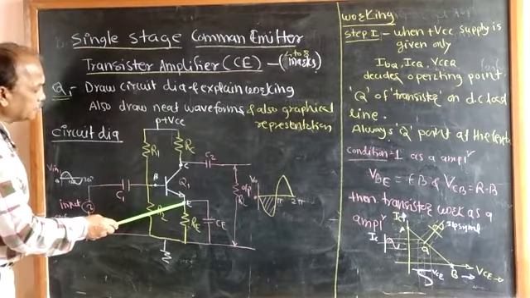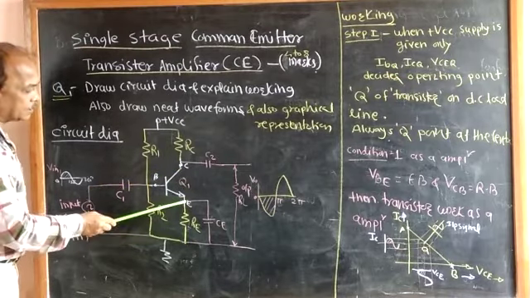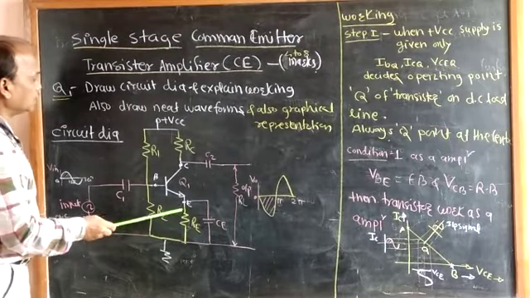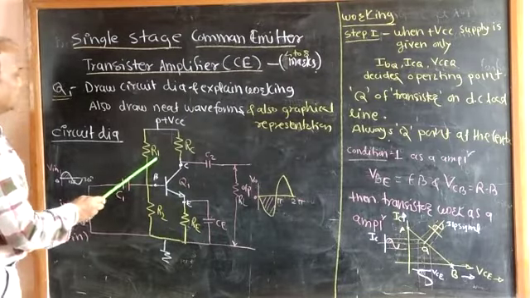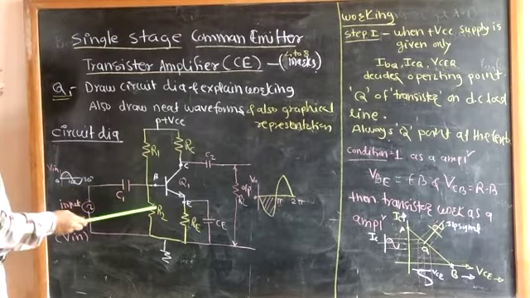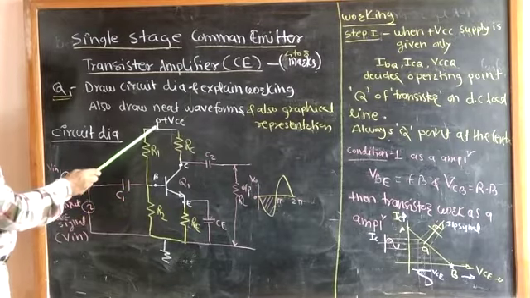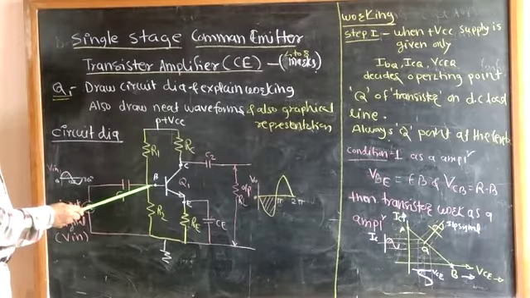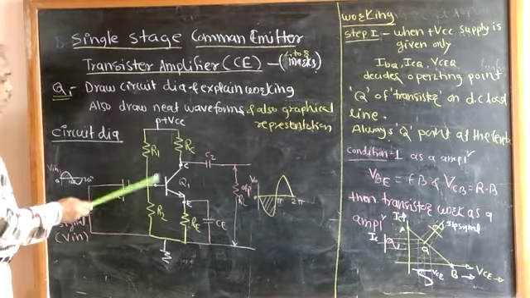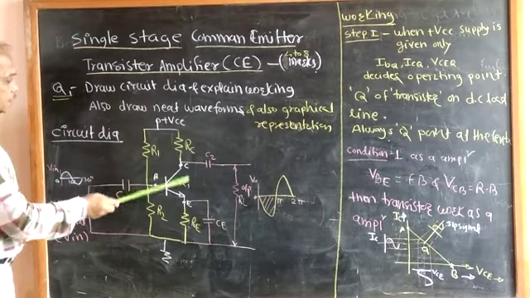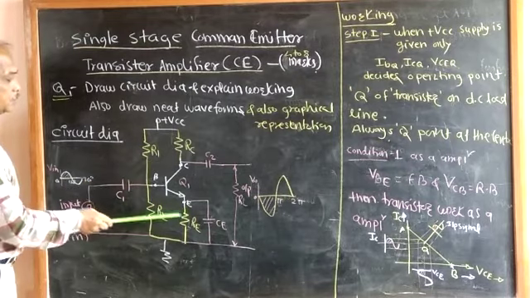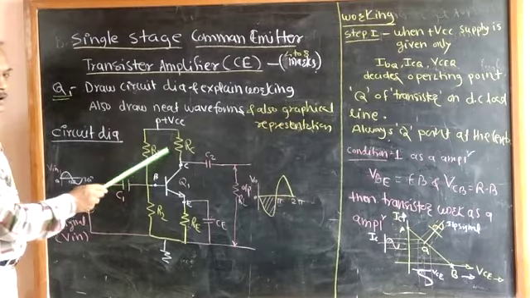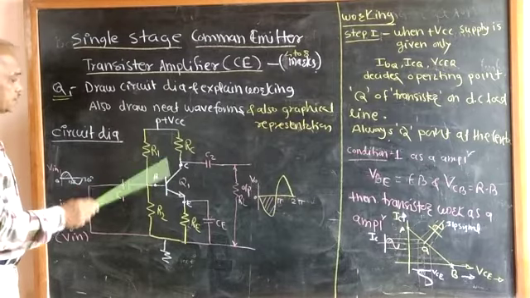Similarly, at the emitter terminal, one resistor is connected, known as RE. Similarly, two resistors R1 and R2 are used from the plus supply to ground, connected at the base terminal. So R1 and R2, RC and RE, we are totally using 4 resistors. Each resistor has a different function. We have to study step by step.